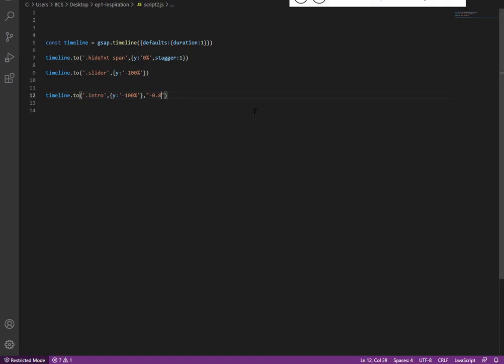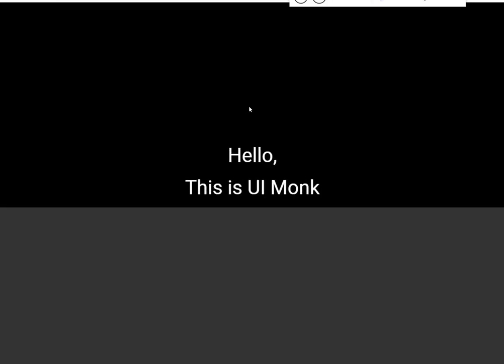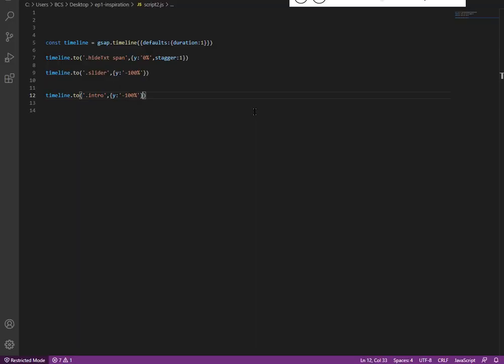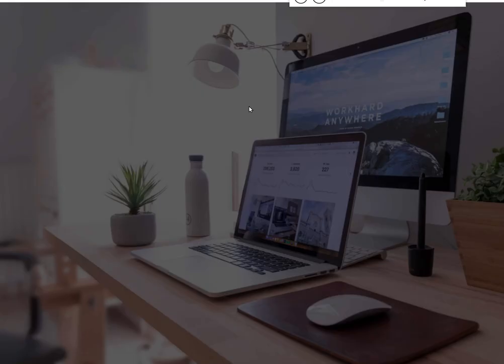There is some problem. Let the stagger be 0.4, and the delay equal to minus.